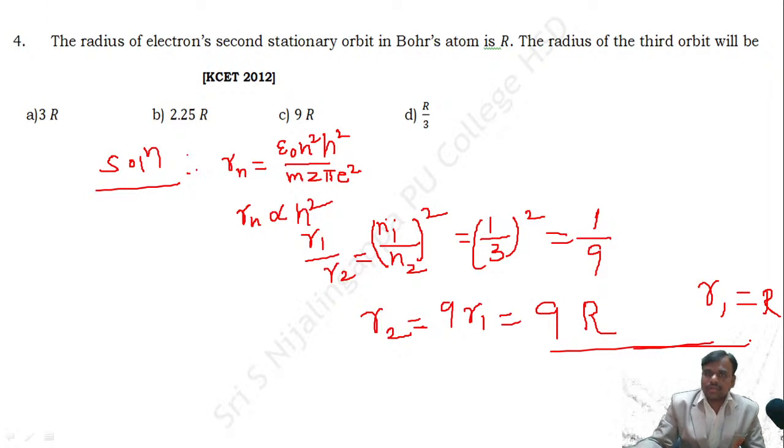R1 is given. R1 means the orbital radius, that is the radius of the electron orbit, that is given here as R. Therefore here R1 is nothing but R. Therefore instead of R1 we write R. Therefore it becomes